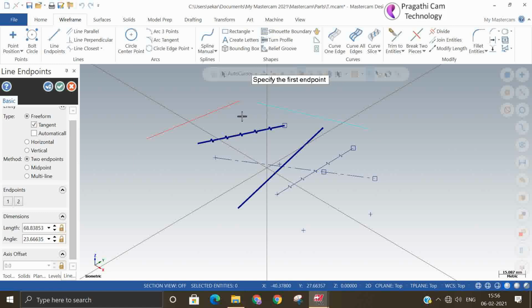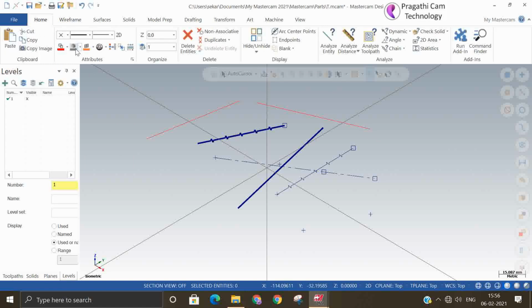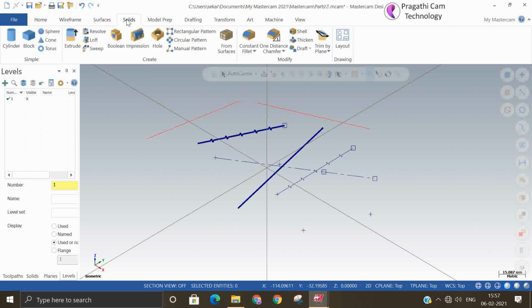Now all the lines I draw are visible in red color. Similarly, there is color for surface and solid. If you want to change the solid entity color, that you can also change. Default is gray color. So first we'll make one solid here.